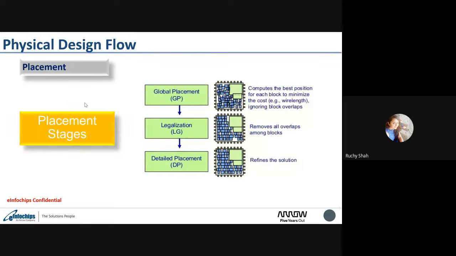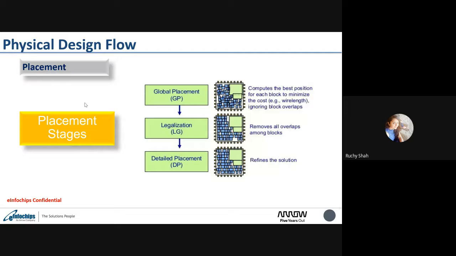In legalization, all the overlaps of the cells among the blocks are removed, and the legalized place of each and every standard cell will be fixed. In detailed placement, a refined solution is produced, and it will make sure that the delay between the cells is the minimum.